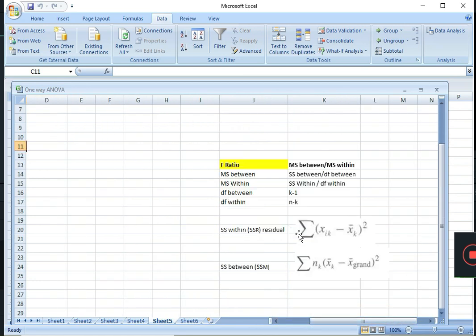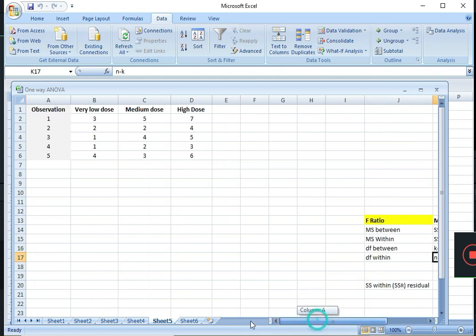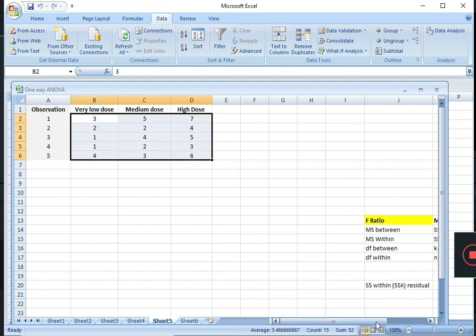The second is n minus k. The second degree of freedom, n, means the number of persons, the number of observations. So the number of observations is 15, and 15 minus 3.